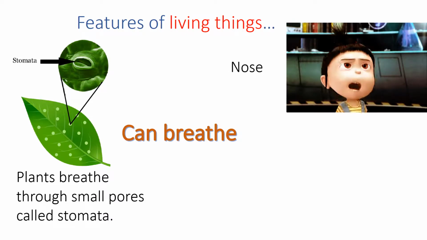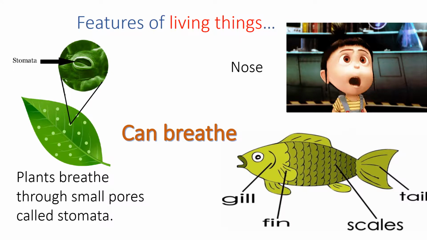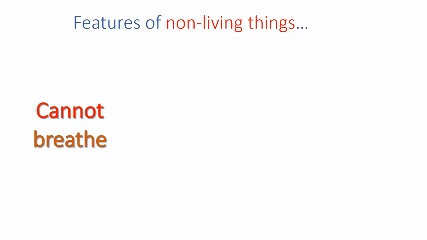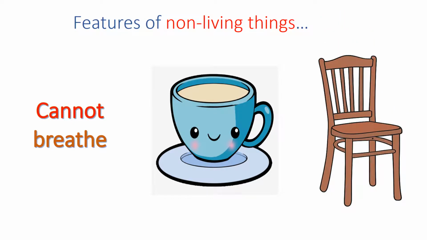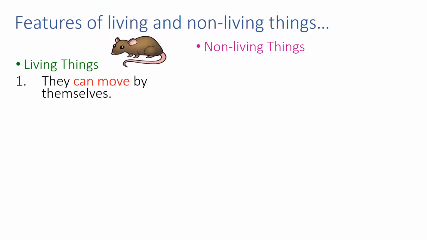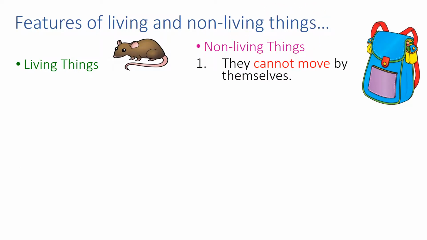Then what about the animals like fishes? They breathe with the help of gills. But the non-living things cannot breathe. Shall we take a quick recap of what we have learned? Yes, let's go ahead. First feature was living things can move by themselves, whereas the non-living things cannot move by